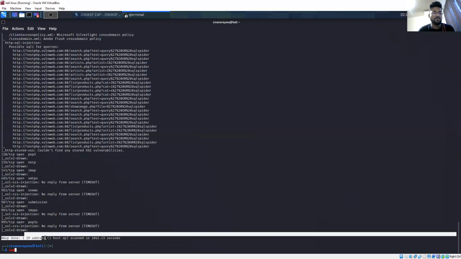Later on, it's one IP address and one host down. This is nmap. It is a port scanner.